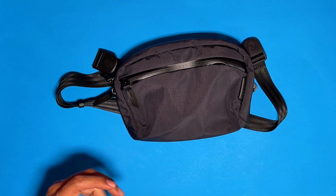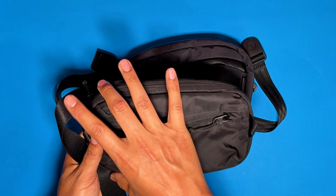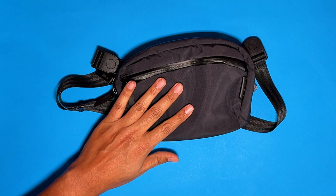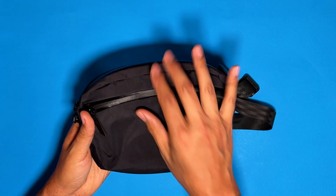So I use the TomTalk T33 Aviator every single day. This is my 1 liter. This is my carry-all. I love this sling, but it's shorter in height and longer in length. And after using this Flight Sling, I'm going to tell you that I did prefer the height over the length. My gear just seemed to fit a whole lot better with a little bit of a taller bag